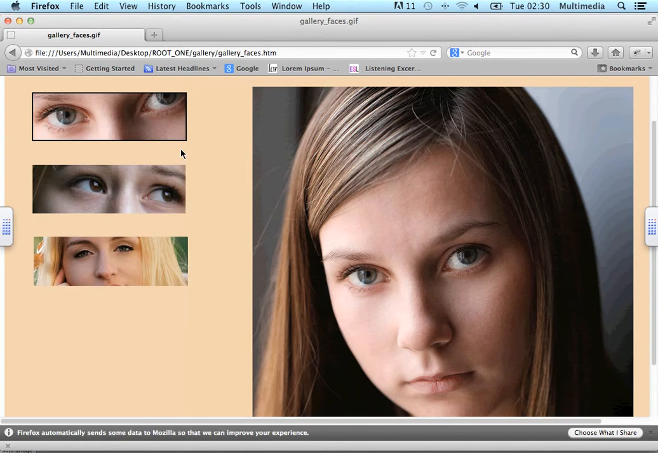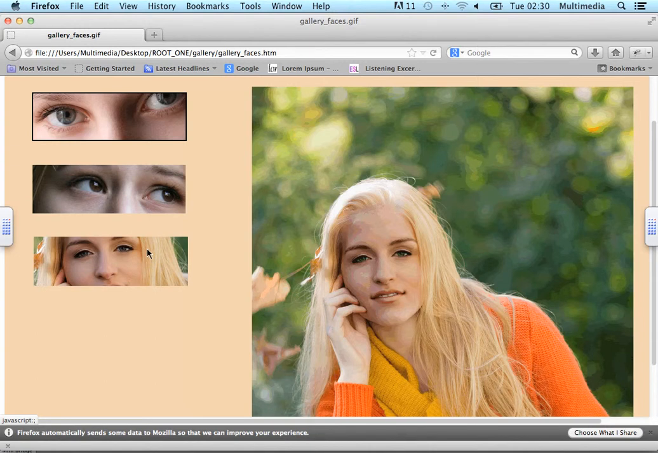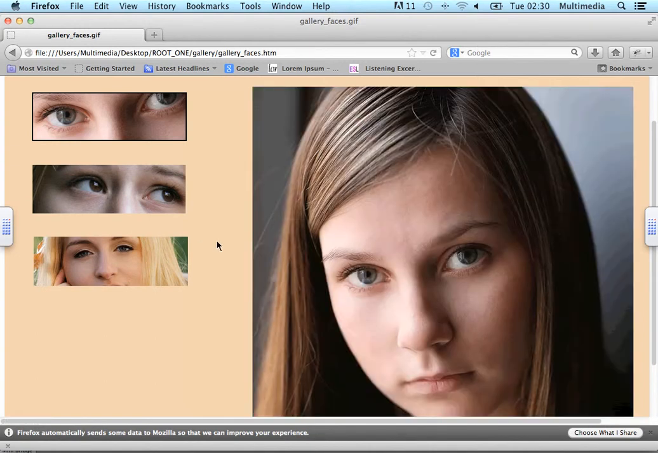For this exercise, we're going to look at using Photoshop and Fireworks in order to make a gallery that will work in your browser. When you go over each image, you can see that the main large image changes. The first image here has just been altered so that the button itself changes and the main image stays the